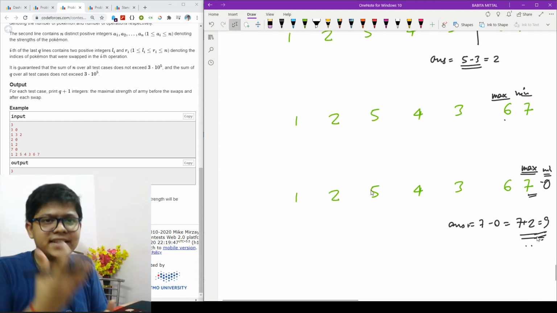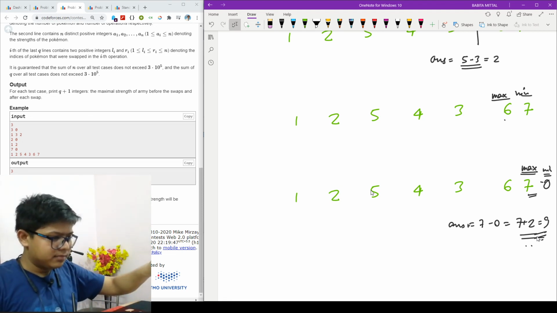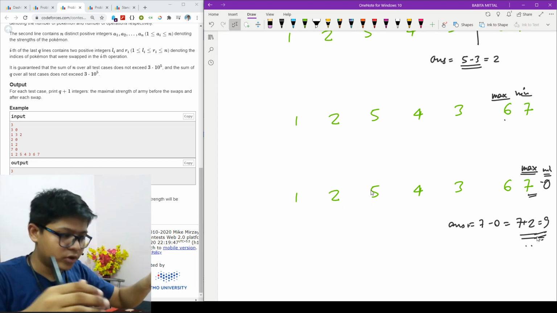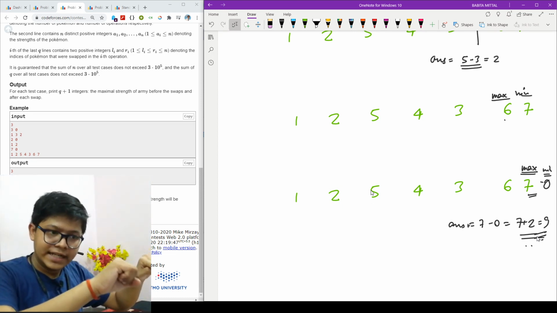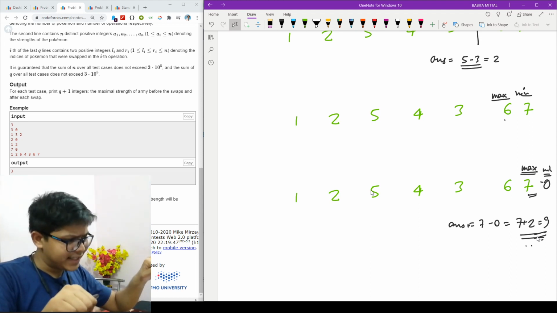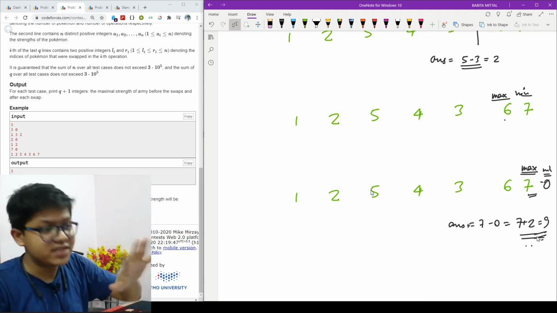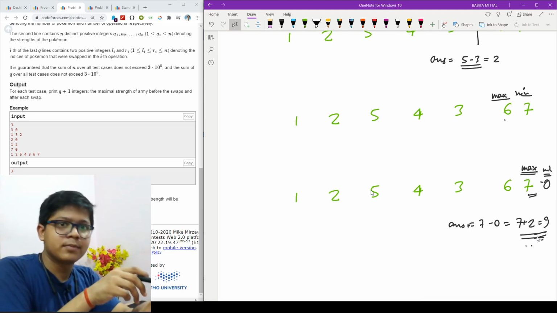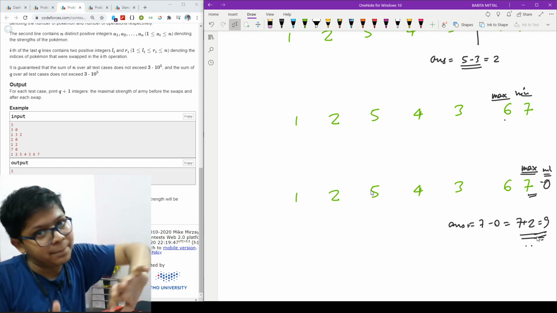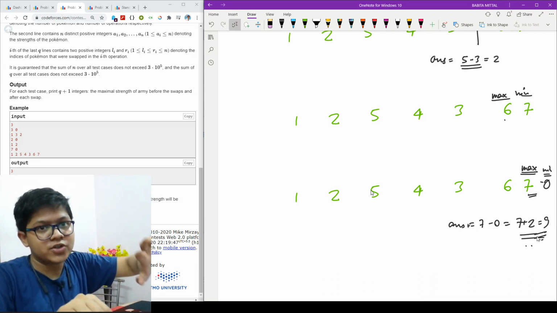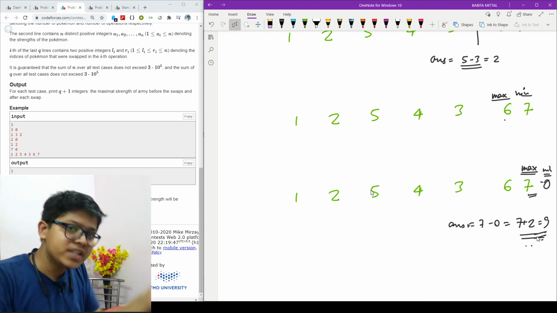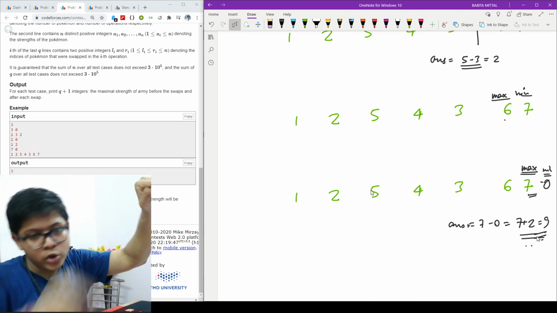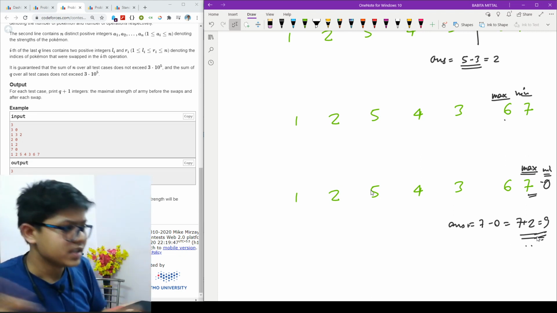So understand the basic intuition that okay, I had my minimum, I had my maximum. When my minimum was moving, because it needs to move, because it is actually low and the maximum is actually high, and if it moves, I can clearly see that I can jump to a location which is actually more, because the earlier maximum was less. Now the new maximum can be more. So I will jump, and then I will still compare. If I do this jumping, I will reach a location which is the ultimate maxima, and after that ultimate maxima, I will try to go to the ultimate minima so as to obtain my maximum answer. So yeah, it's the basic approach.